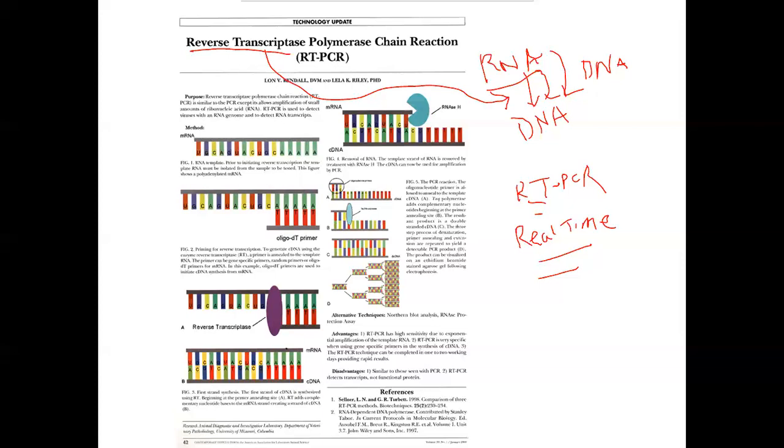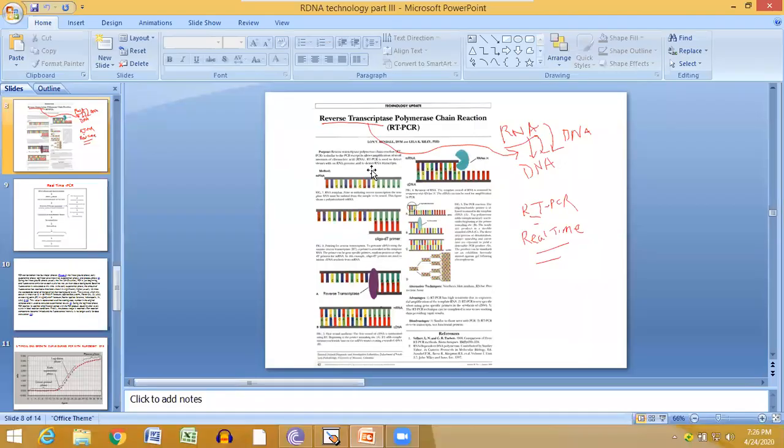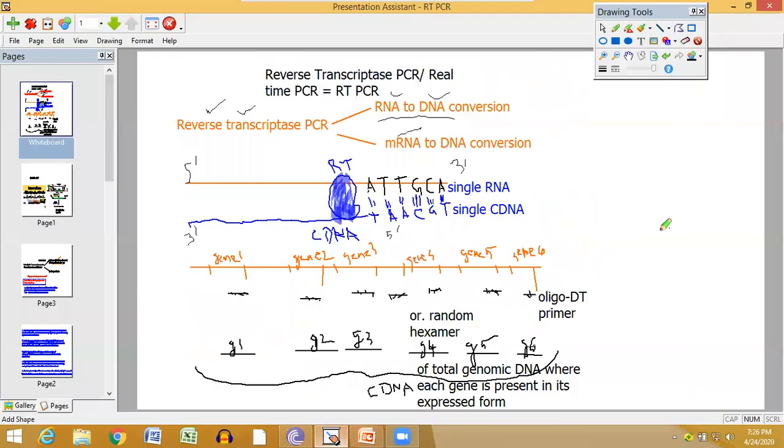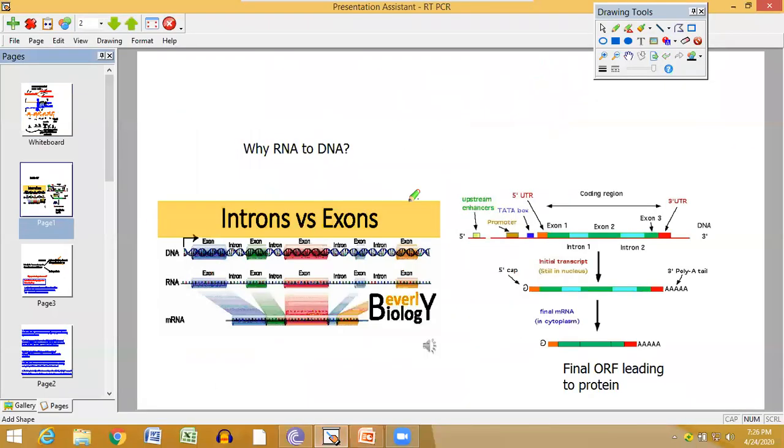But the question comes now, why would you use cellular mRNA for doing a PCR? Inside the cell there is the genomic DNA. Genomic DNA means chromosomal DNA, that means all the genes are there. So instead of using that, why would you use cDNA or mRNA for PCR? To solve the question, we will again come back here in the next page.